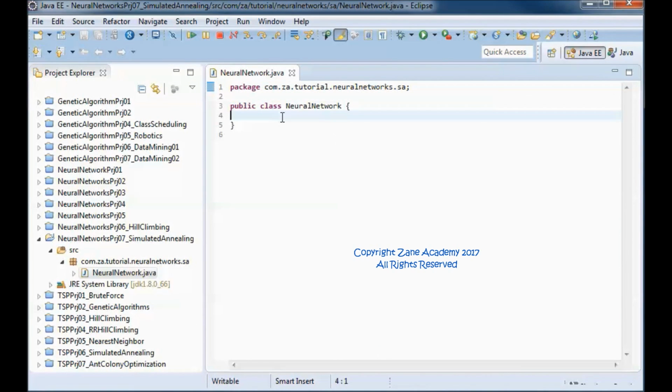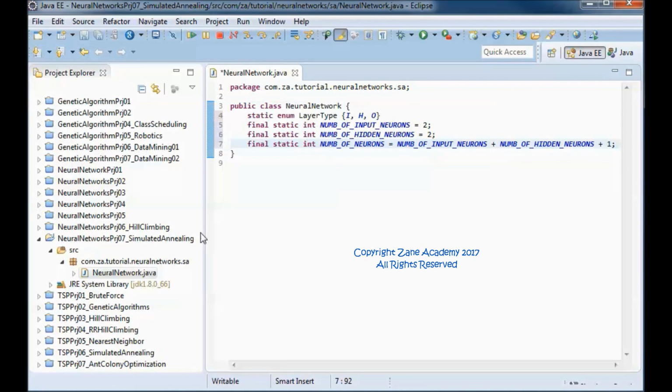And the neurons in this neural network will be either in the input layer or a hidden layer or the output layer. And we will have 2 neurons in the input layer and 2 neurons in the hidden layer and 1 neuron in the output layer. So the total number of neurons will be 5.